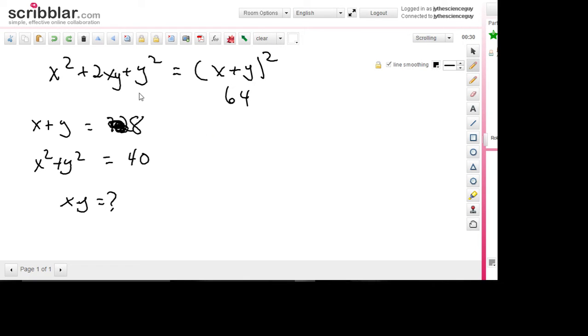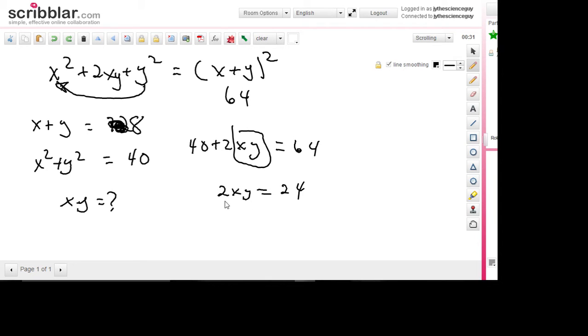Okay. And then they have x plus y. And what did they say x plus y was equal to? 40. So those two things are going to go away. So I'm going to have 40 and then plus 2xy. Right? So now, you said you don't subtract. Well, you do. You have to isolate the 2xy, because that's what they asked me for, right? So can I add the 2 to the 40? No. So I can subtract the 40 from the 64. You subtract the 40 over. So I have 2xy equals